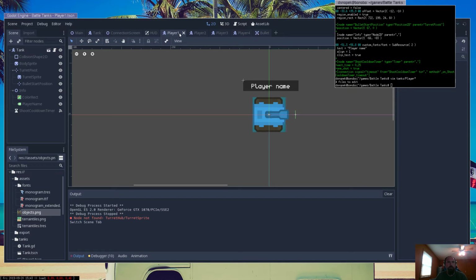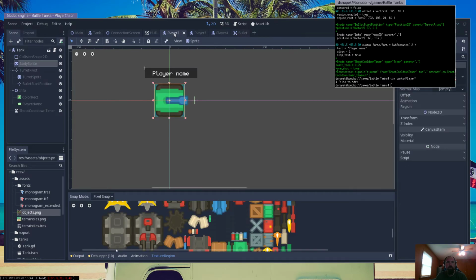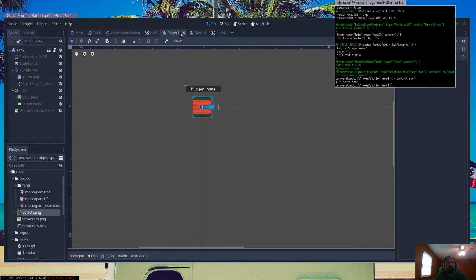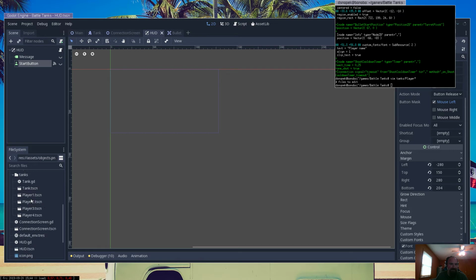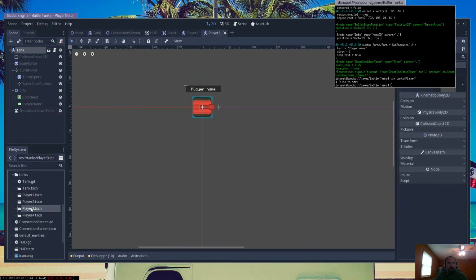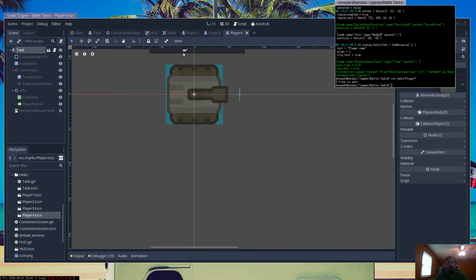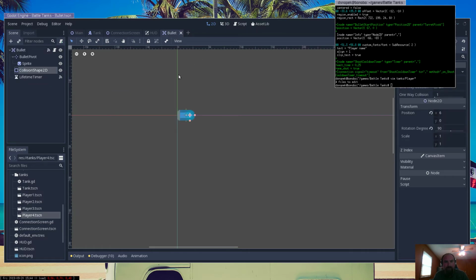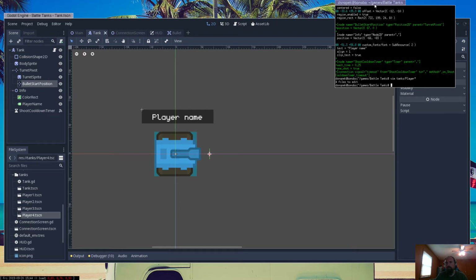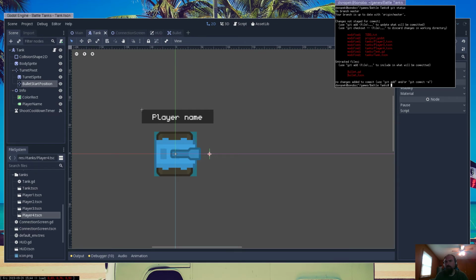Player 1, turret pivot. Player 2. Yeah, don't save, because you're all wrong. Let's reopen. There we go. So we're all good now. I gotta be careful of that, like renaming things haphazardly when they are parent scenes. All right, so